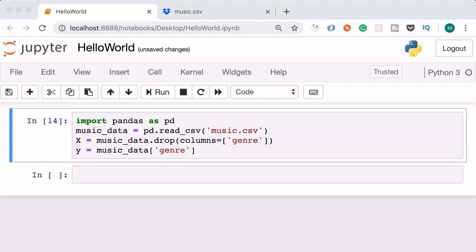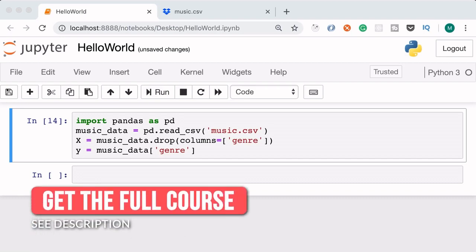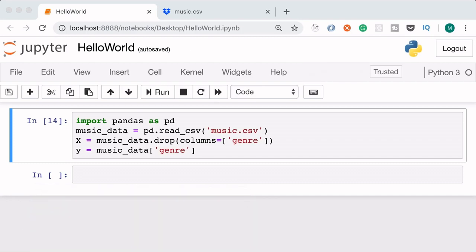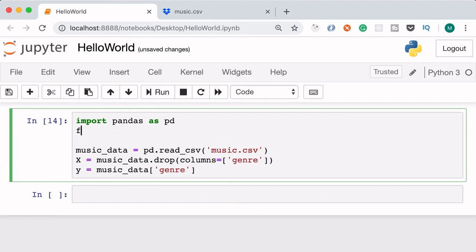There's so many algorithms out there, and each algorithm has its pros and cons in terms of performance and accuracy. In this lecture, we're going to use a very simple algorithm called decision tree. Now, the good news is that we don't have to explicitly program these algorithms. They're already implemented for us in a library called scikit-learn. So here on the top, from sklearn.tree, let's import the decision tree classifier.